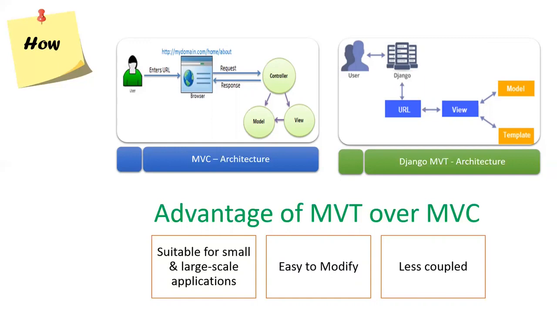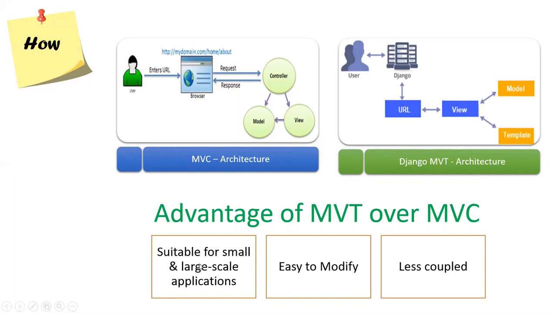You will eventually see this when you are learning the Django framework. You can see the components available in Django and how they interact with other components like view, model, and template. You can see that architecture. Here, view, model, and template are not intercoupled, right? What it means is that you can individually change things and it won't impact the others. In MVC, if you change one thing, it might impact other things. The view will take care of itself. You will eventually see how easy it is to change things, right? That's the reason MVT has some advantage over MVC.